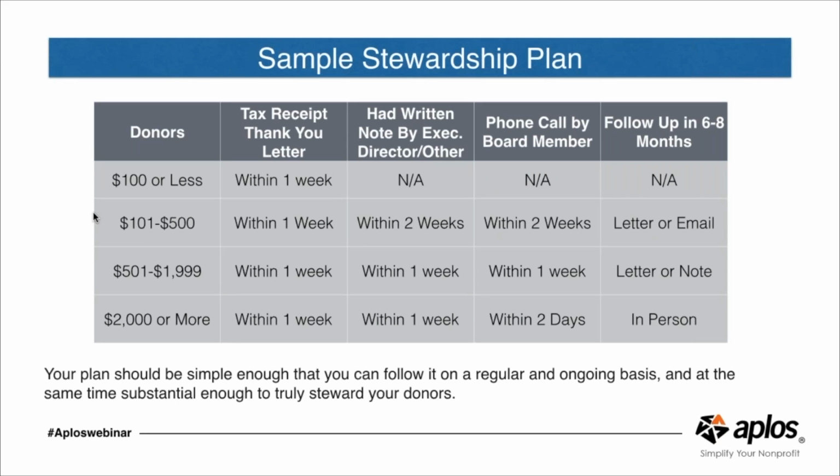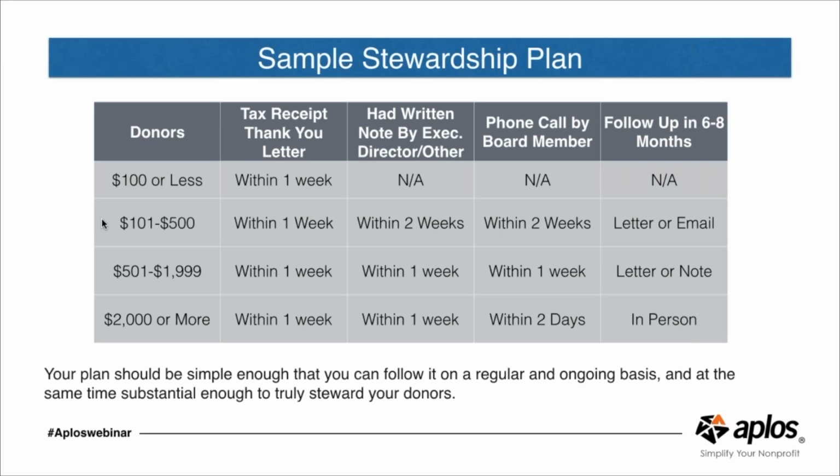So as you can see here, this is the dollar amount. Again, every organization has to determine those dollar amounts a little bit differently. Again, keep in mind that the $250 level is the only legal piece of that. In other words, you do not have to legally receipt a donation under $250. Now, whether or not you do, that's going to begin an internal discussion that you need to have about how you want to be communicating to your donors. Personally, my advice is you want to be thanking folks at pretty much any level of gift.